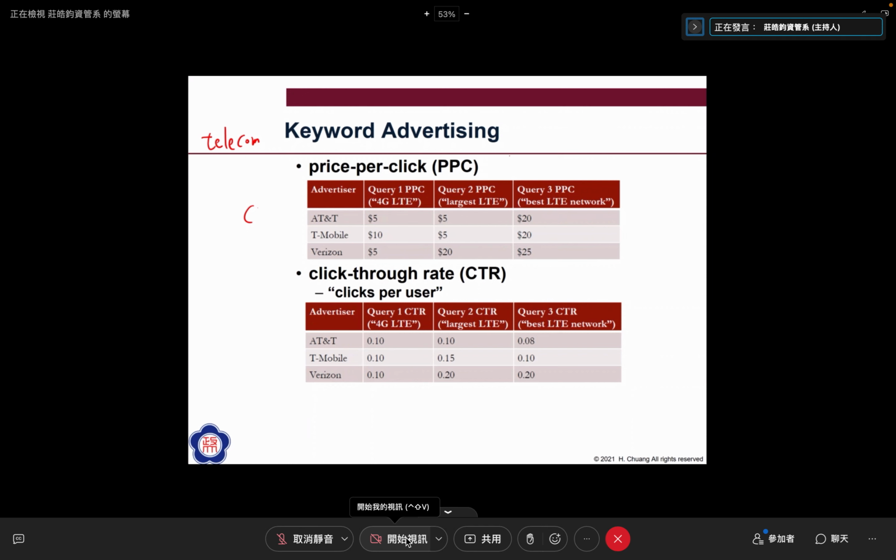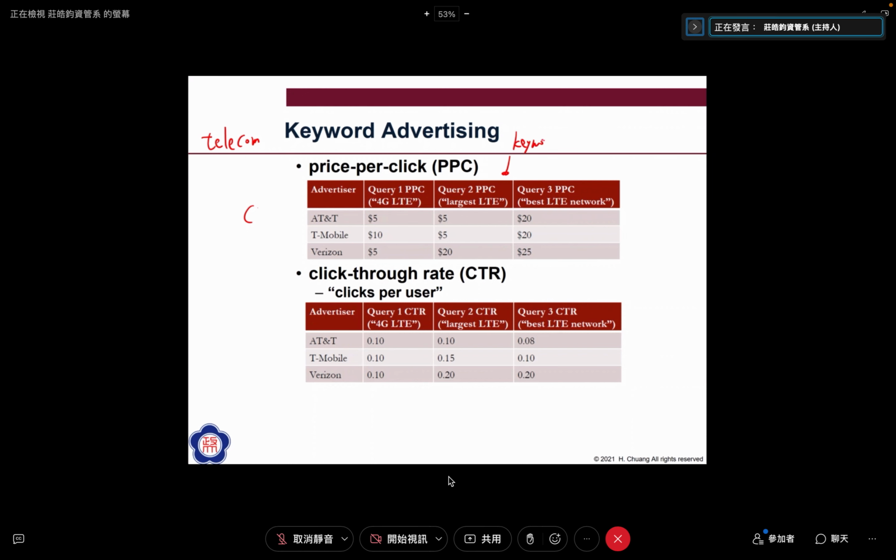And suppose in Google, there are 3 keywords. And right now, we have 3 advertisers. The advertisers may have their own digital advertising department, or they have some digital advertising agency. They will do the keyword advertising for those advertisers. And Google, based on the quality score